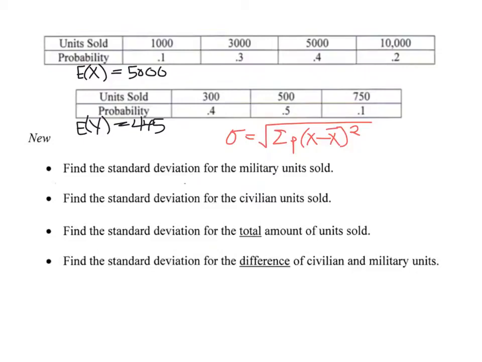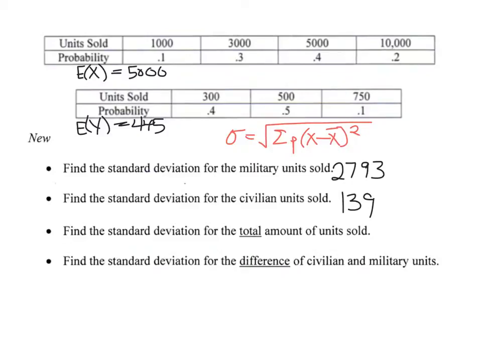I'm going to round to the nearest whole unit. The standard deviation here is 2,793. And the standard deviation here is 139 units. Now, find the standard deviation for the total amount of units sold. It's tempting to think you can just add them. However,